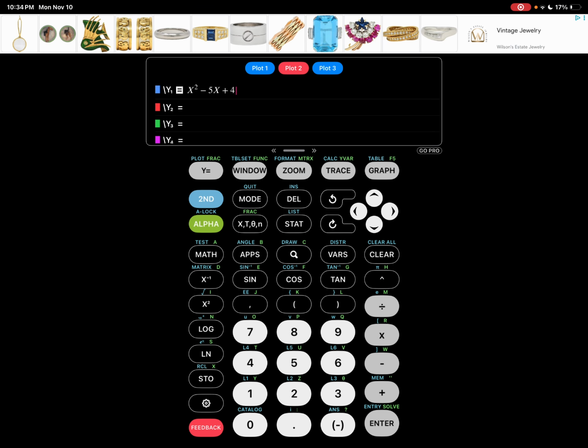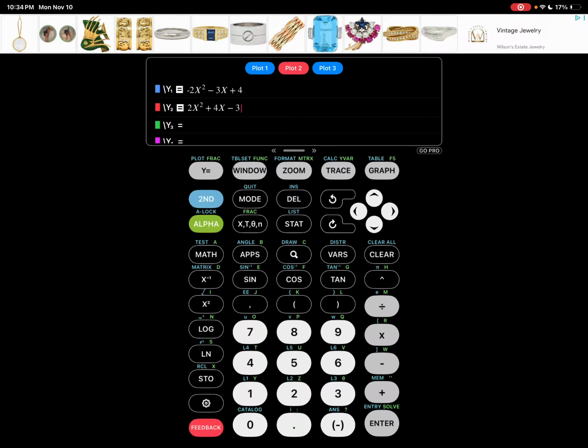For y1, I'm going to clear that and type in -2x squared minus 3x plus 4. Then I'm going to put my 2x squared plus 4x minus 3. Now that I've got both entered into my calculator,